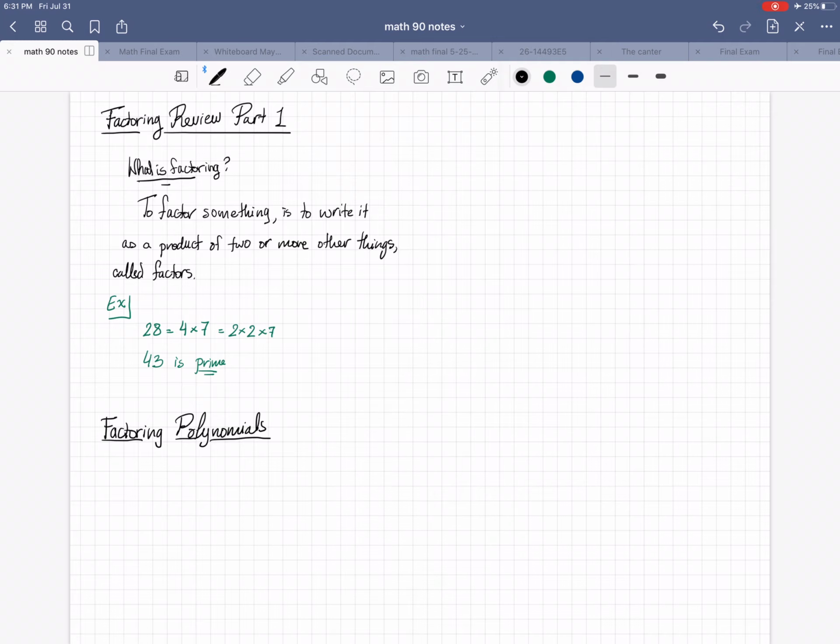So the first thing about a polynomial is the degree of a polynomial. So the degree of a polynomial is the highest of the degrees of its terms. Okay, well, what does that mean? So, for example,